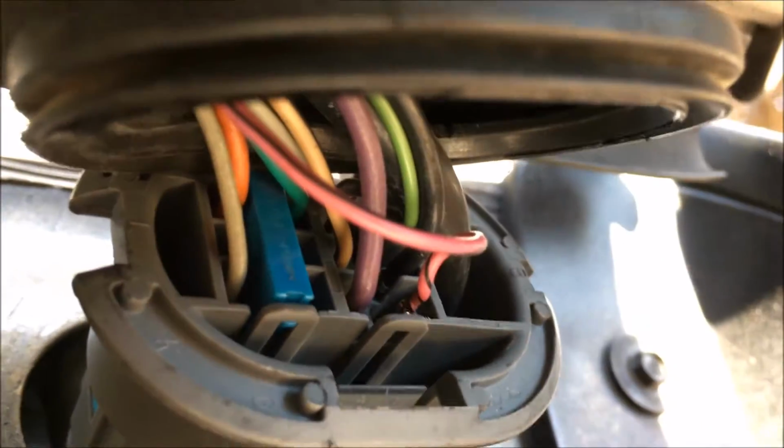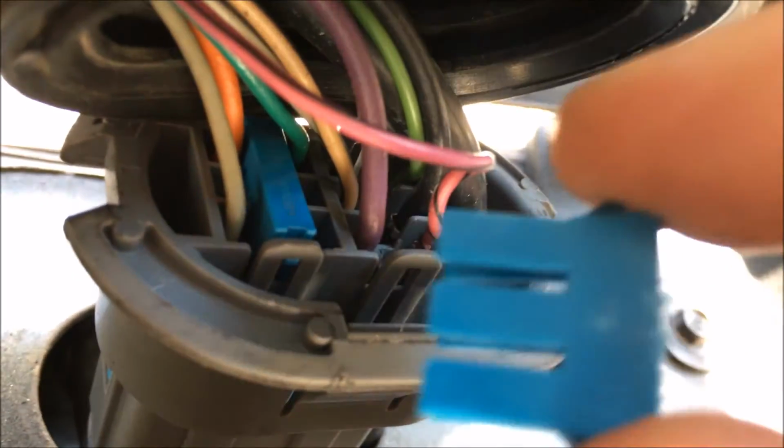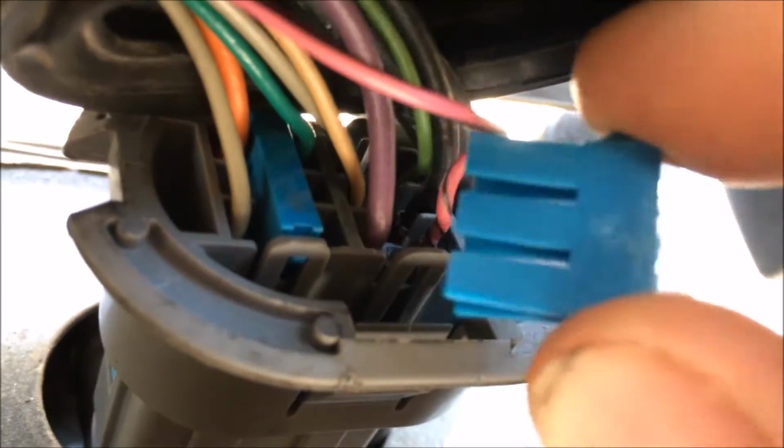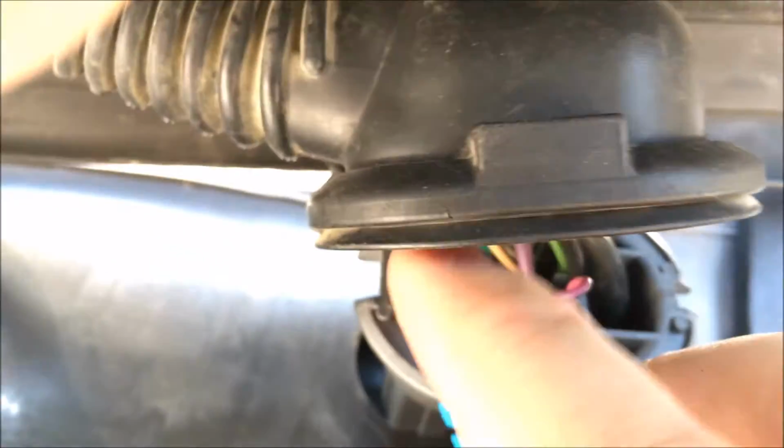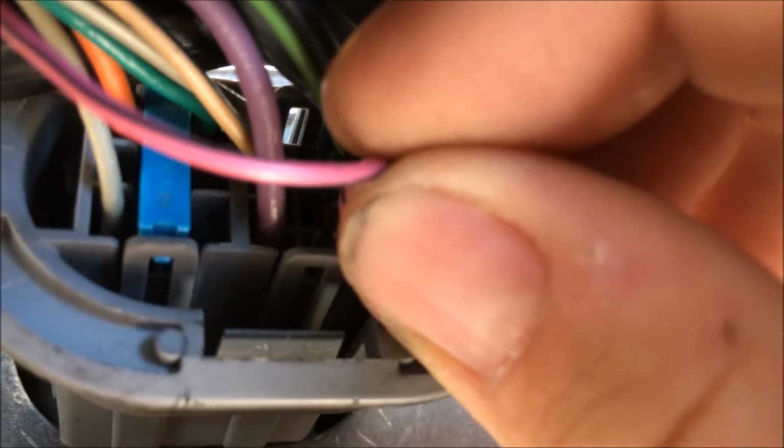Okay, what you're going to need to remove, well, first of all, like I was mentioning earlier, I have the blue clip here once I put everything back together. So yeah, this blue clip will go right in between there, and it'll look just like that. So I took that out, and I got a pair of needle nose pliers, and you want to get a hold of the metal clip that's attached to that wire. It's in there right now. I'm not going to use needle nose pliers because I just put it in there for the purpose of the video. So once you remove that wire,